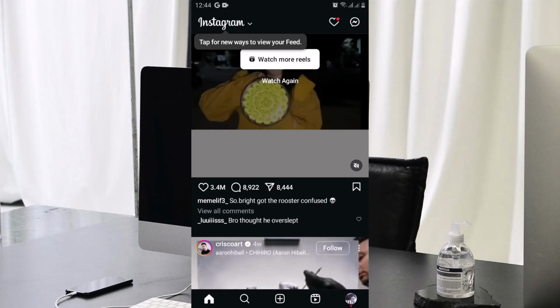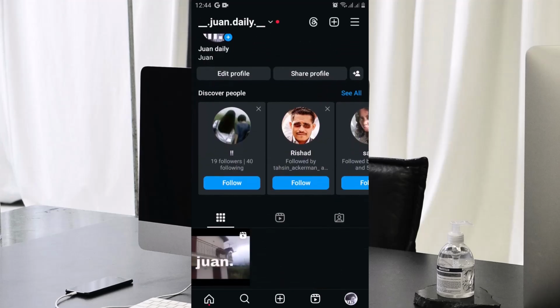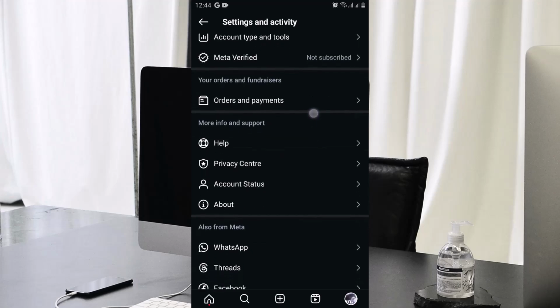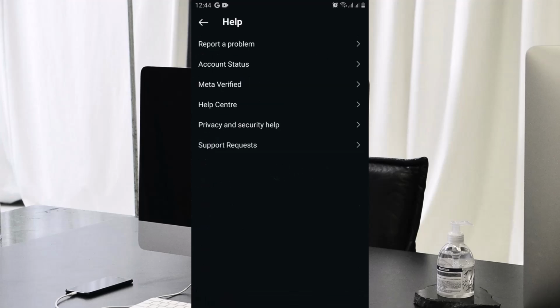And if it doesn't, then you must go to the Instagram Help Center by clicking the profile icon on the lower right corner. Then head over to the hamburger menu. Here, if you scroll down, you can see an option Help under the More Info and Support section. Tap on Help, and here you can see an option Support Requests. You have to go in there and ask to allow you to post more than 10 pictures in one